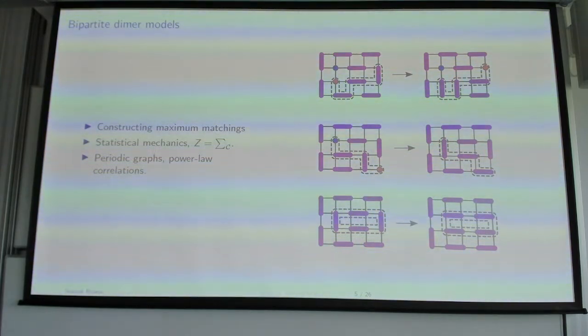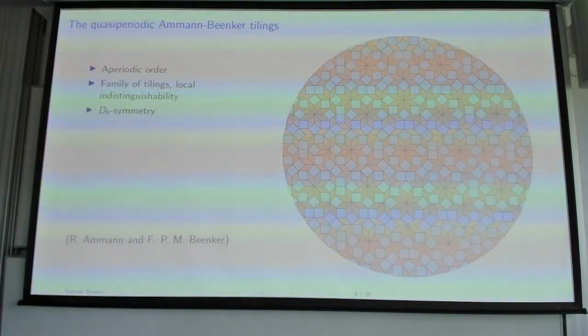Now, the statistical mechanics of these dimer models are basically given by a sum over all possible dimer configurations. There is no energy, it's typically purely entropic, and you can measure observables like dimer densities and correlations. In periodic graphs in 2D, typical periodic bipartite graphs, these things typically have power law correlations. They are described by a sine-Gordon field theory in terms of some coarse-grained height variables. It's like they typically show a Kosterlitz-Thouless-like phase. But we are not going to consider this on periodic square and honeycomb graphs. I'm going to consider this in this sort of very weird